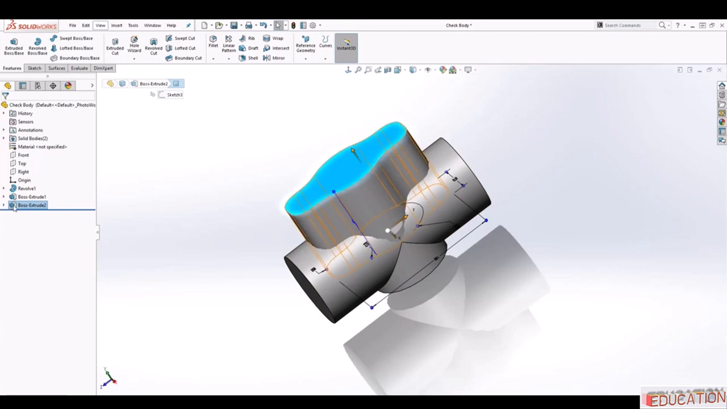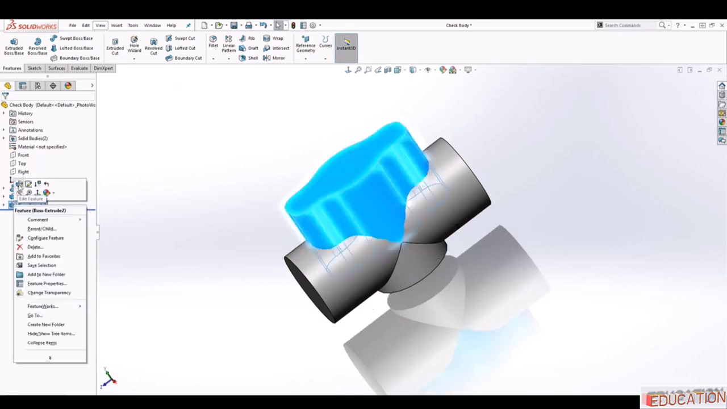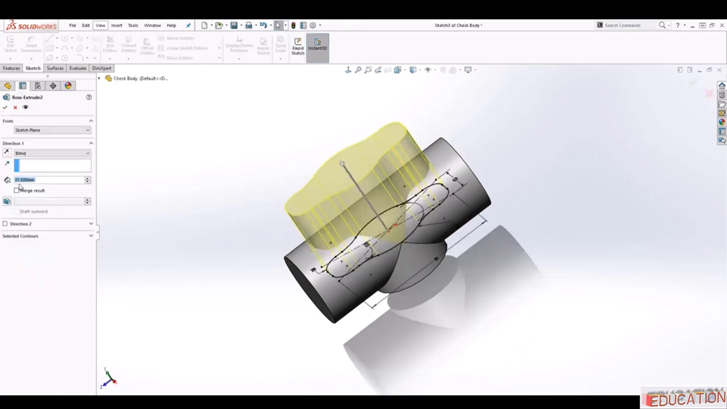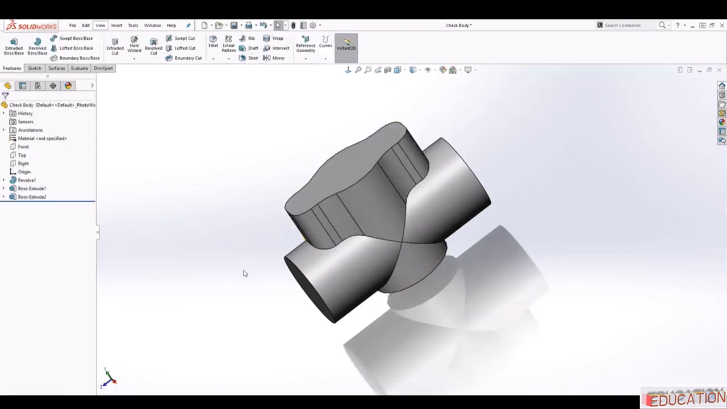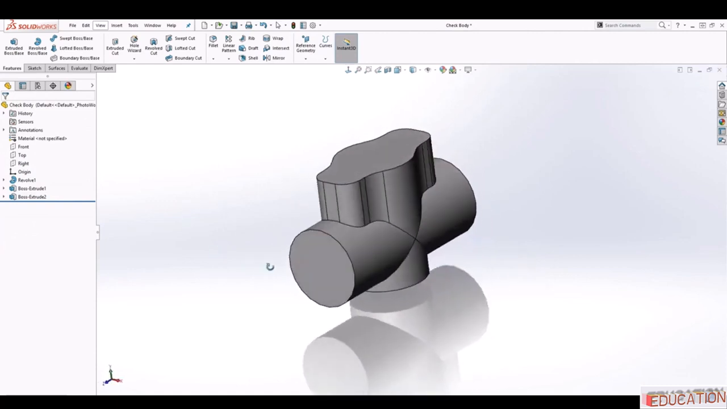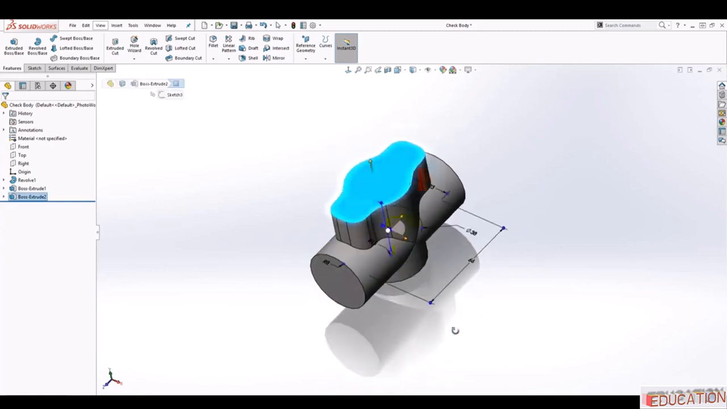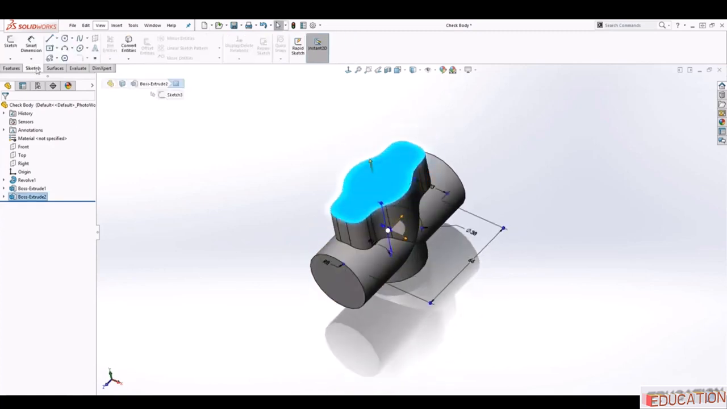So let's go back into that feature by right clicking on it and clicking edit feature. And now when I click the merge, it merges this extrude with this body, so everything is one solid piece. And we click OK, and now we should have something like that. Good. And the next thing we need to do is click on this face, this up face, and create a